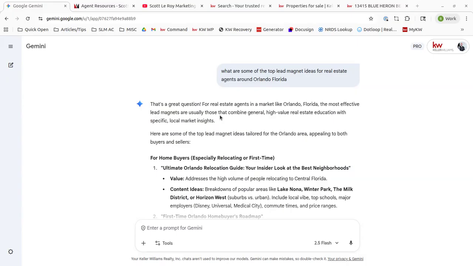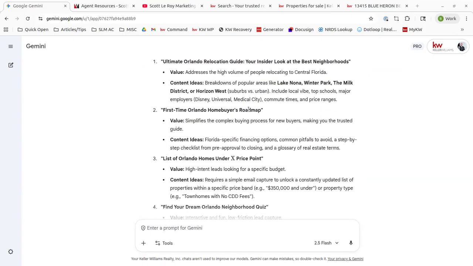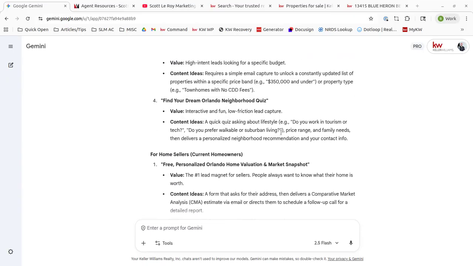Most effective lead magnets are usually those that combine general high-value real estate education with specific local market insights. So here are some of the top lead magnet ideas tailored for the Orlando area, appealing to both buyers and sellers. So you can go through and you can see Ultimate Orlando Relocation Guide, First Time Orlando Home Buyers Roadmap, list of Orlando homes under X price point, find your dream Orlando neighborhood quiz, which actually sounds fun. So it gives you some good ideas for lead magnets that you can use,